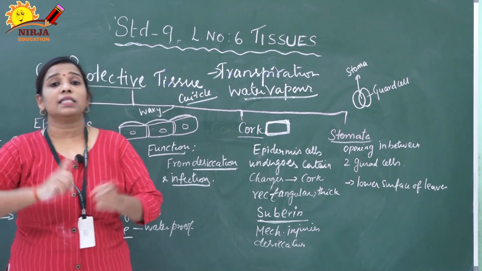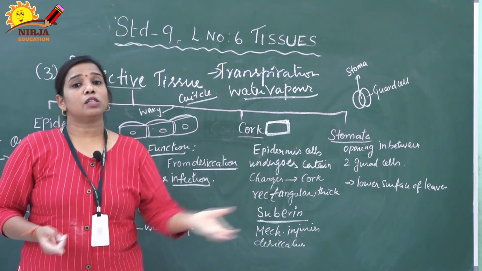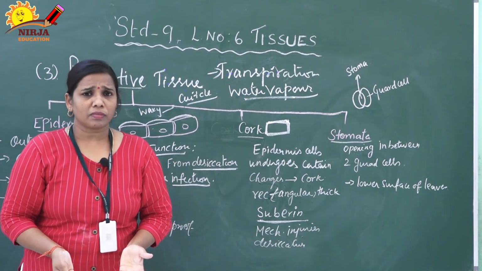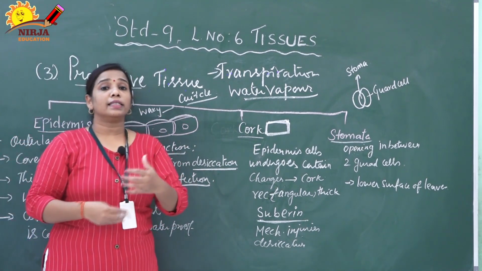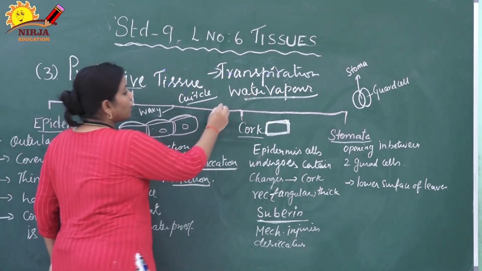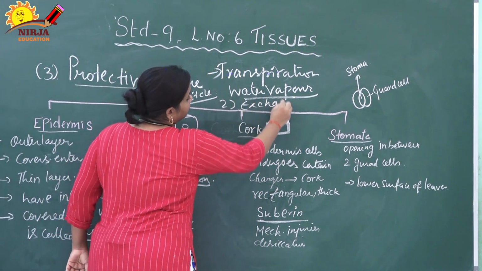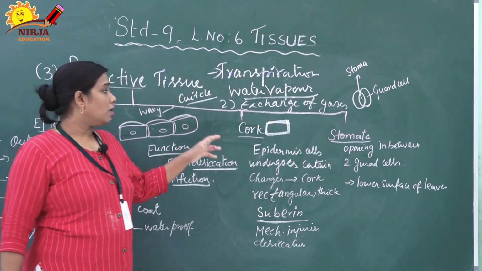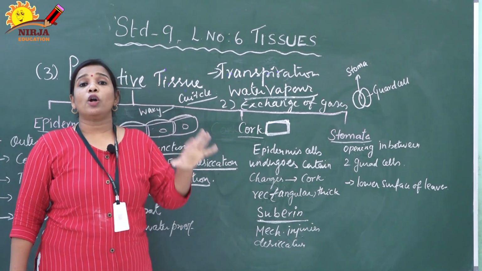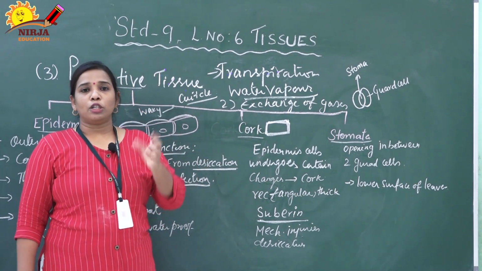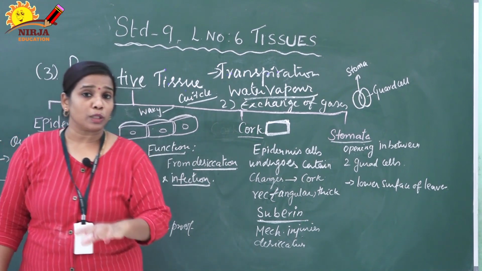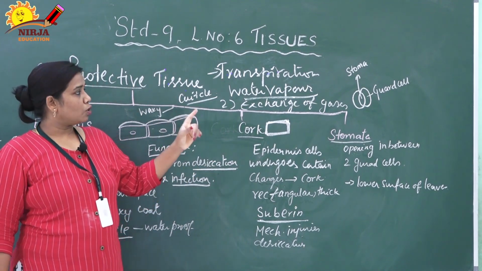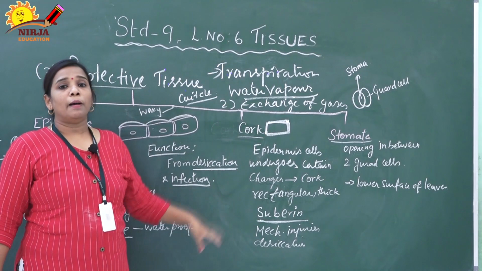The next function is gaseous exchange. For example, in photosynthesis carbon dioxide gas is important, and at the same time the plant releases oxygen. This type of exchange of gases occurs through the stomata only. So the second function is exchange of gases. The third function is that it maintains the body temperature of the plant. Due to the entering and exiting of gases as well as water, the temperature is maintained with the help of the stomata only.